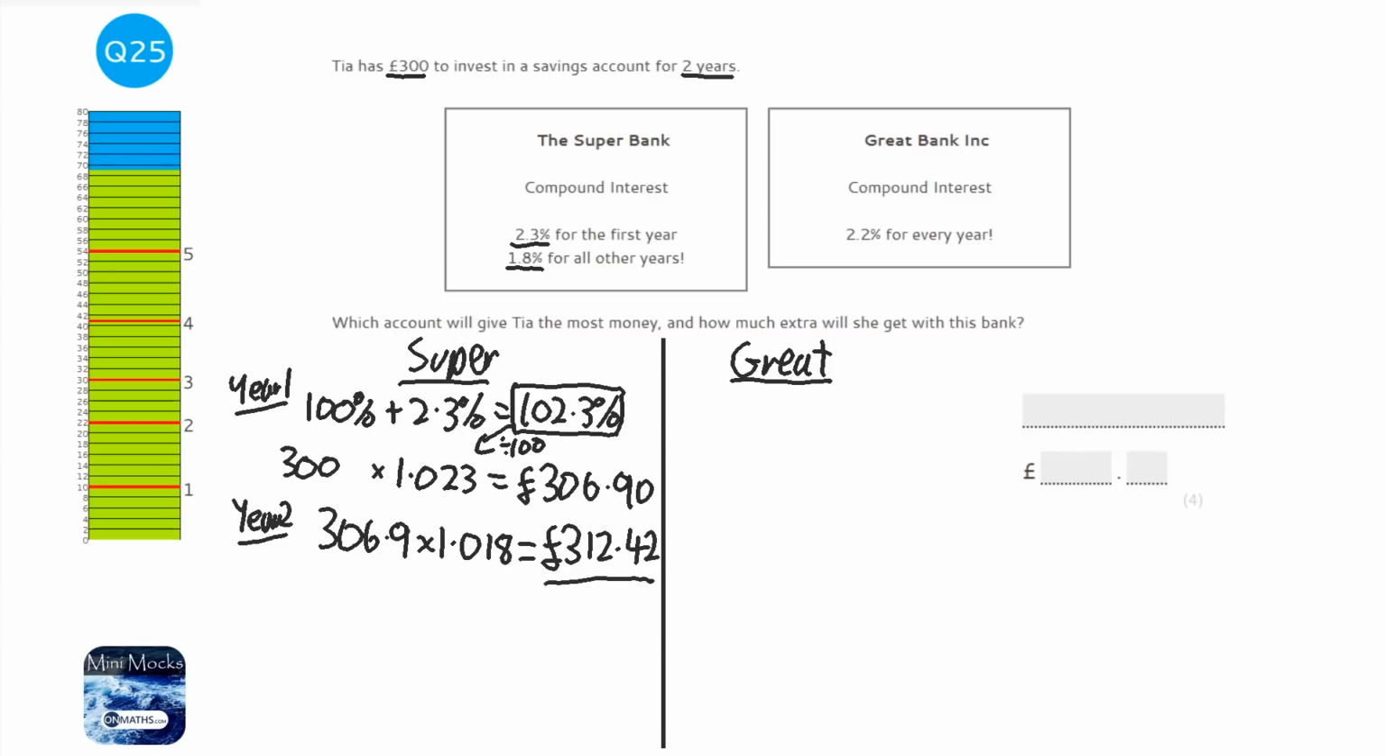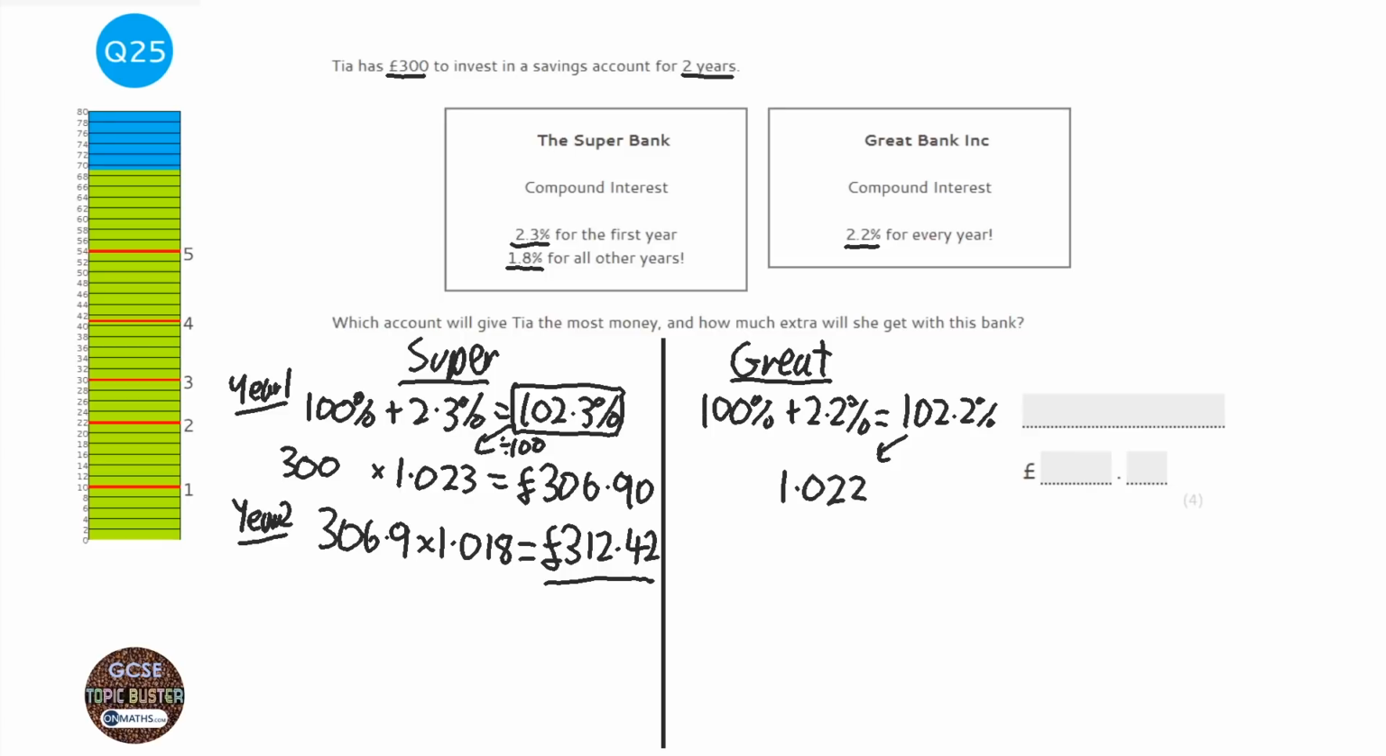Now, the Great Bank's a bit easier because it's just going to stay at 2.2. So let's work out the multiplier. 100% plus 2.2% equals 102.2%. And then as a multiplier, that is 1.022 by dividing it by 100. So we're going to times that £300 by 1.022. So 300 times 1.022, and I get